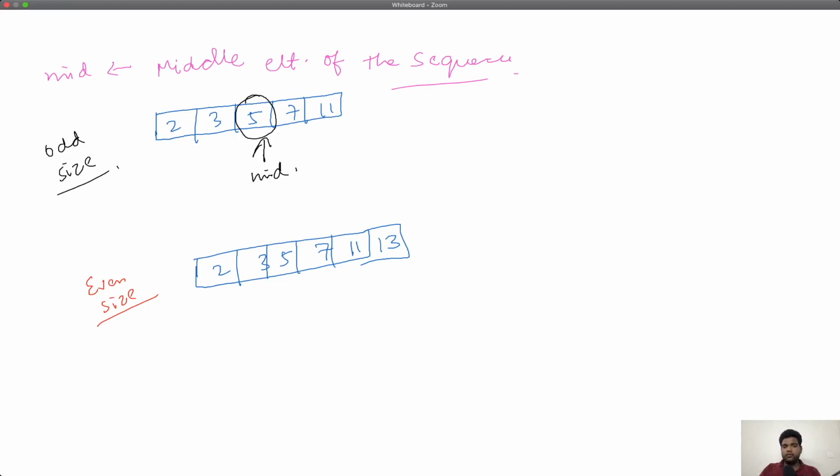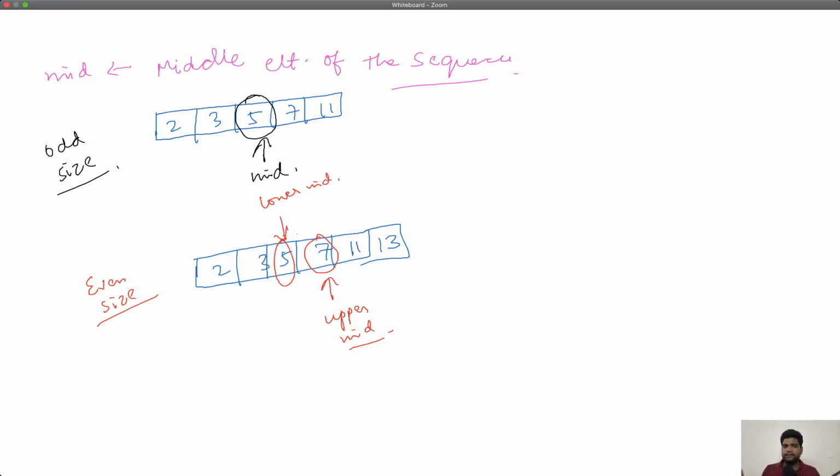Here you can see that you have potentially two mids, either this, which we call the lower mid, or this, which we call the upper mid. So there will be some asymmetricity on one of the sides. One of the sides will have one more element than the other side, definitely in case of an even sized array. Or some people define the mid there as the average of those two, the lower and the upper mid.